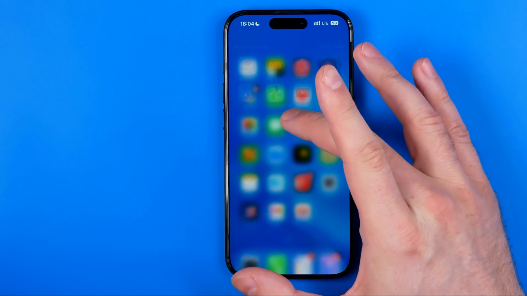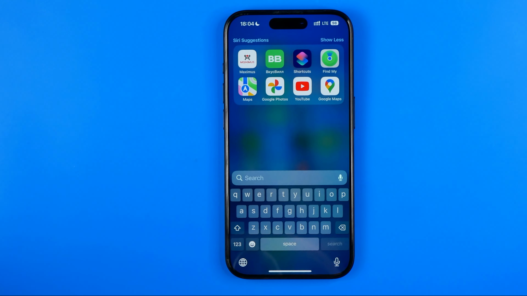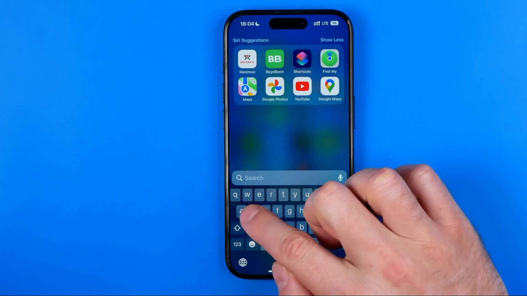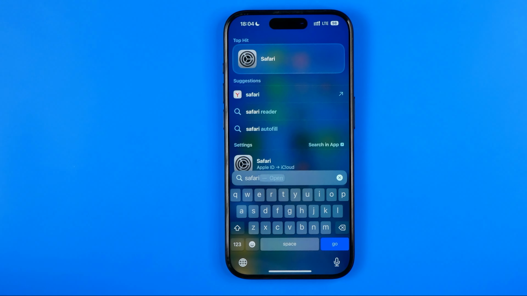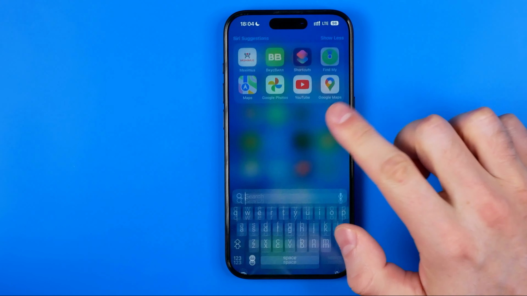To do that, just swipe down on your home screen to bring up search and then just search for Safari here. That's how you can easily find Safari web browser, and then you can open it up and use it. However, if you cannot find it in that way, like in my case, you need to head